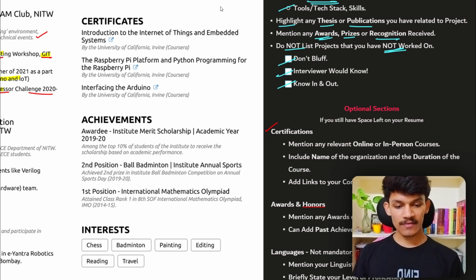So the first one would be certifications: any relevant online courses or in-person courses that you have done. Include the name of the organization and the duration of the course, and add the links to your completion certificates. These are the certificates I did during my summer vacation in the first year. So these were relevant. Don't just add anything, just add those which are relevant to the job description